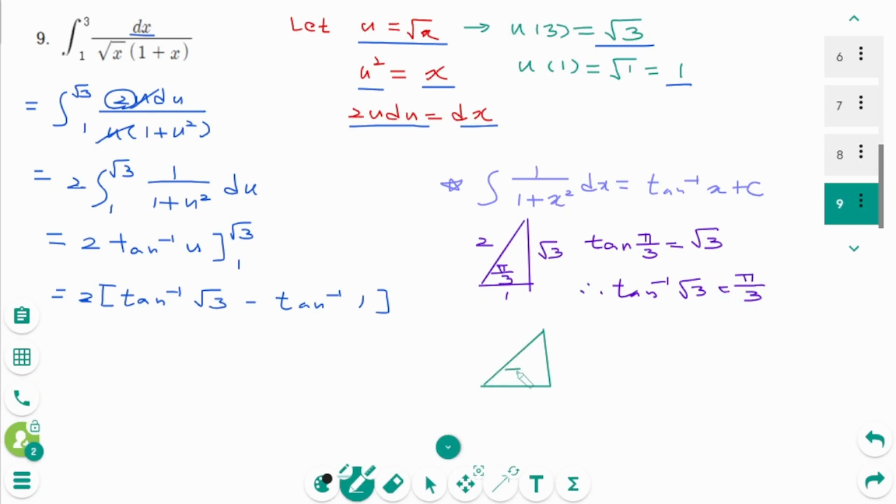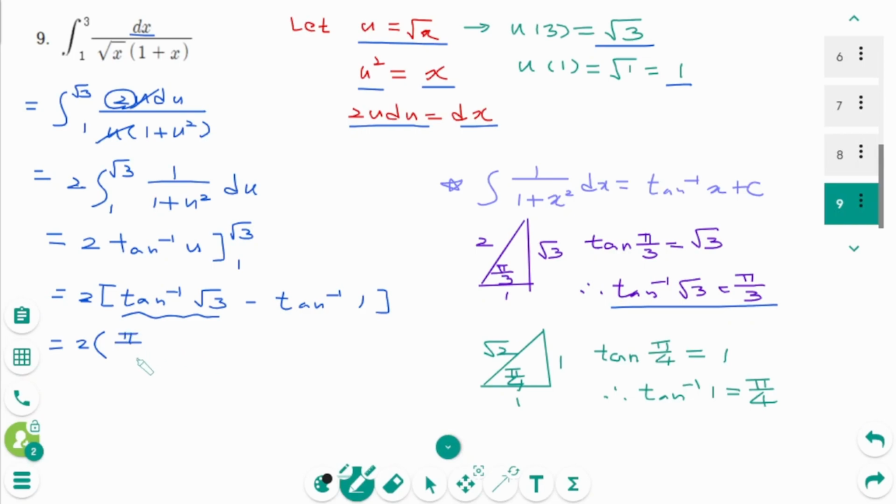And when theta is pi over 4, the ratio of the triangle is 1, 1 and square root of 2. Then tangent pi over 4 equals 1. That means arctangent of 1 equals pi over 4. Then back to the original. 2 times arctangent of square root of 3 is pi over 3, minus arctangent of 1 is pi over 4